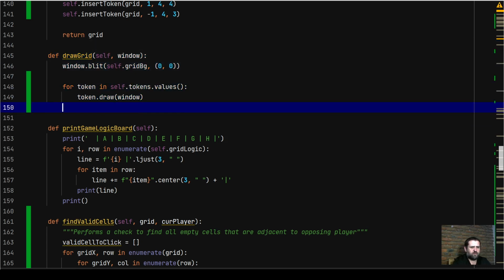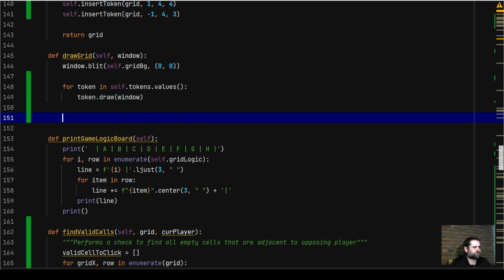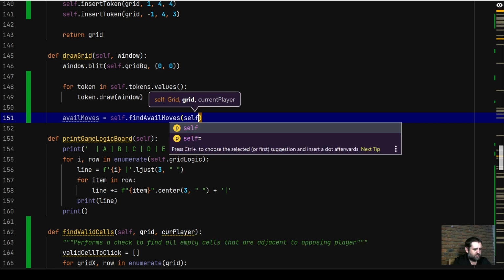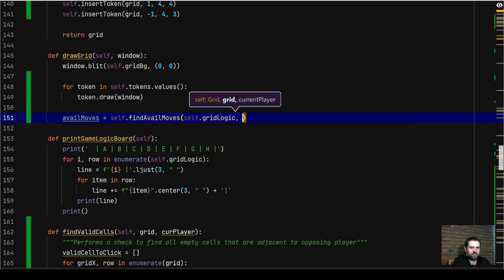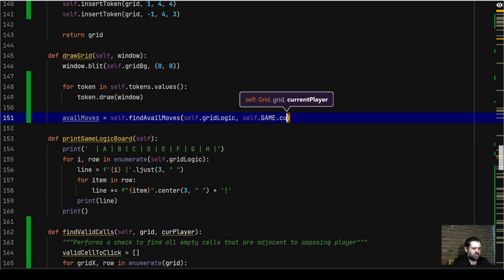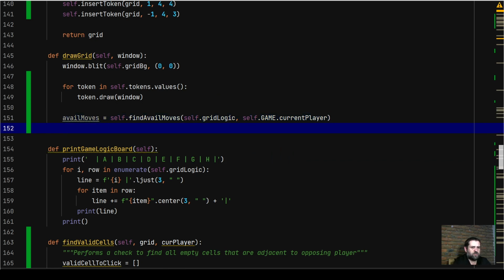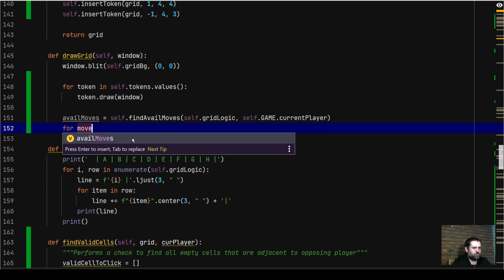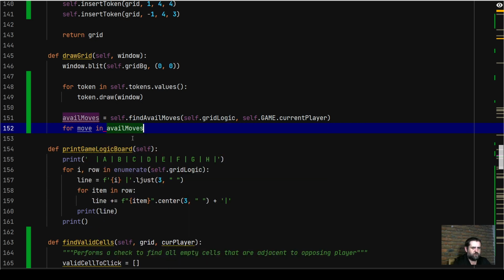Okay, in my draw grid method, we're going to create a variable called available moves. That's going to be equal to self.find available moves, and we're going to go with self.grid logic, and then self.game.current player. Right? Once we have that, we're going to say for move in available moves,